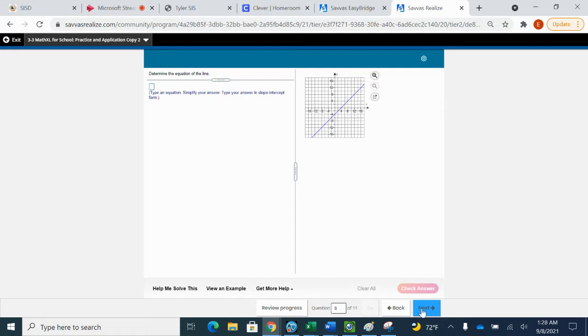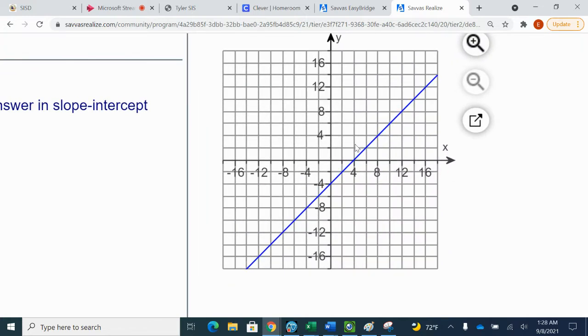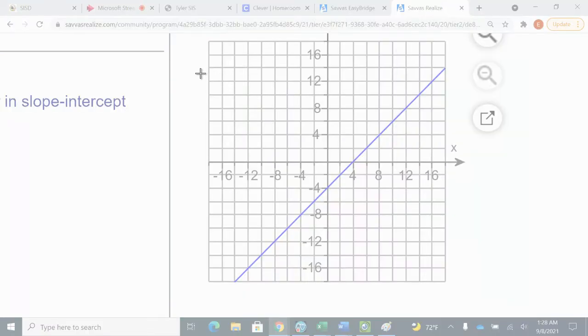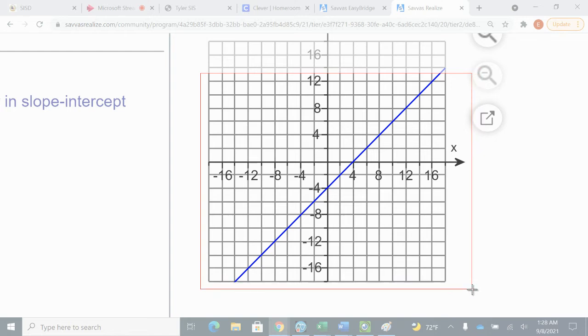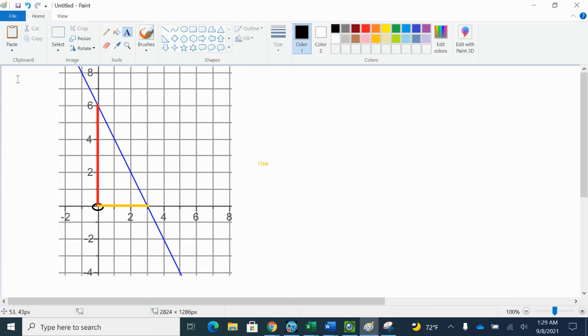Problem number 8. Again, same situation. Determine the equation of the line, right? So again, I'm going to first identify my y-intercept. So again here, I'll do more of the same for you. Give me 1 second. I'm going to take a picture of this just so we have a nice little graph, right? So when you go to Paint,